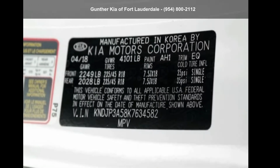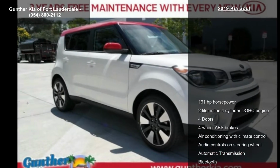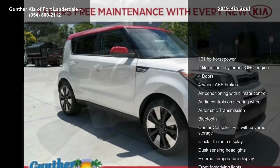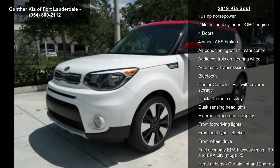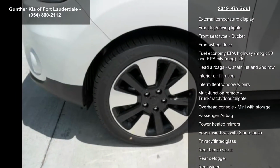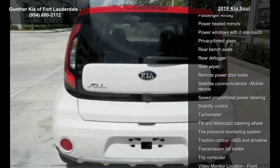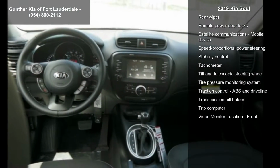Imagine yourself in this Kia 2019 Soul. If you are looking for a first-rate auto, this one could be yours today. Enjoy these notable features: 161 horsepower, 2-liter inline 4-cylinder DOHC engine, 4 doors, 4-wheel ABS brakes, air conditioning with climate